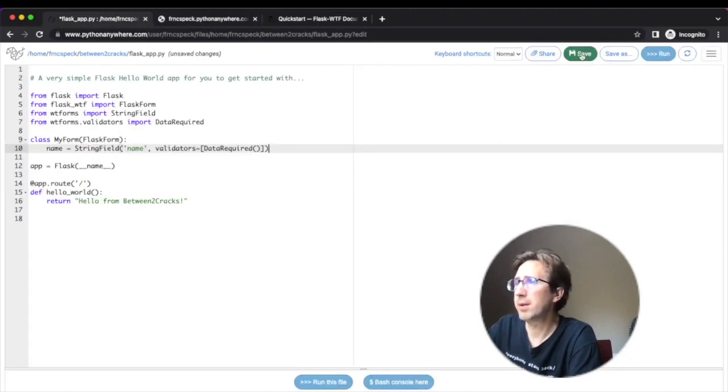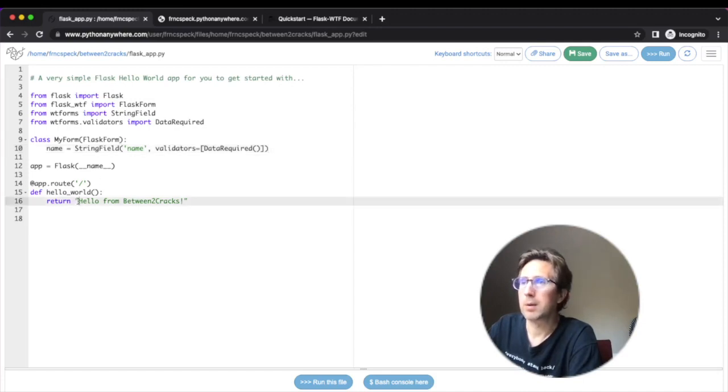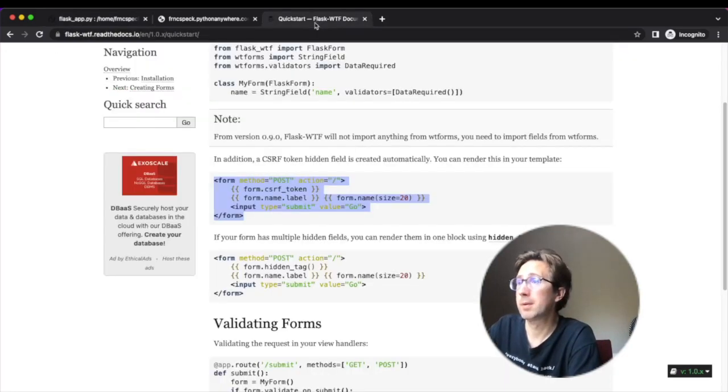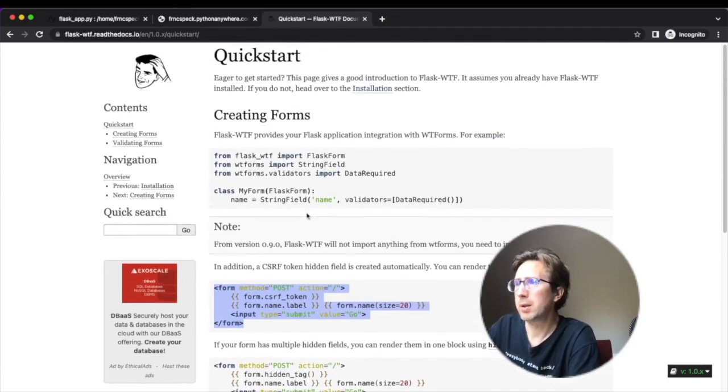We'll already save this. And of course, that's now something to put in our template, which means we actually need to start rendering